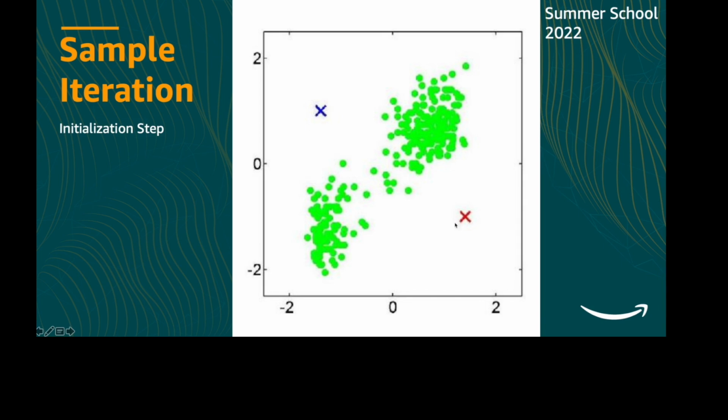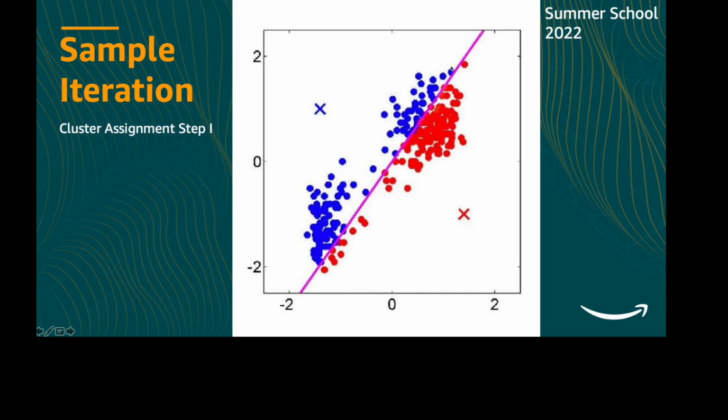So here, say blue and red are the cluster centers which are randomly initialized. Now let's move on to step 3, which is the cluster assignment step. For this step, we are going to pick up all the data points one by one, compute their distance with both blue and red center, and whichever is the closest we assign that label. So say for this particular data point, the blue center is closer, right? So we are going to assign that this data point belongs to the blue cluster, whereas this data point belongs to the red cluster because its distance with the red center is lower as compared to the blue center.